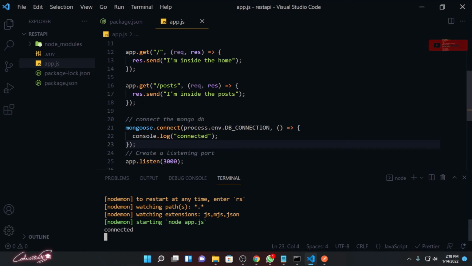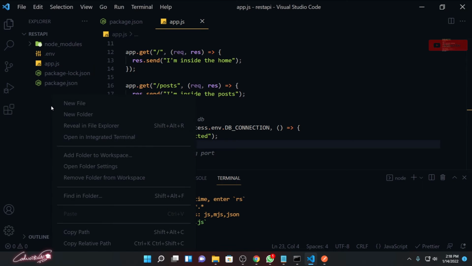To do that, I'm going to create a new folder called routes where I'm going to maintain all my external routes. If you want routes based on users separately and posts separately, and for any other REST API things like post, user, and blog, if you're having any different action, I need to keep everything as separate routes. To do that, I'm going to create a new folder called